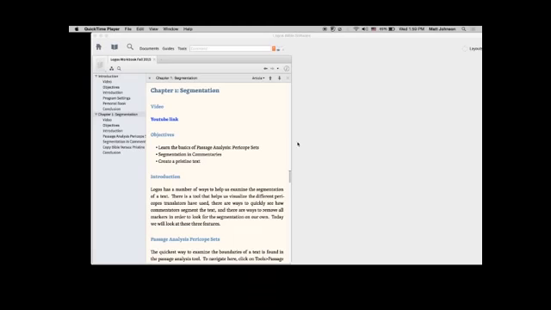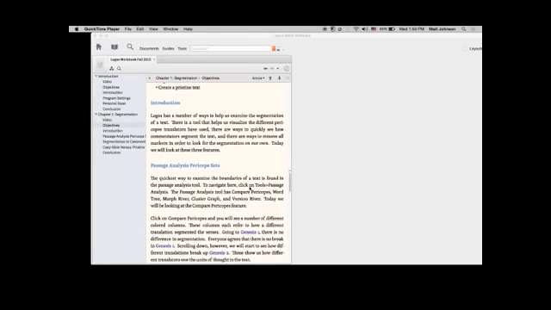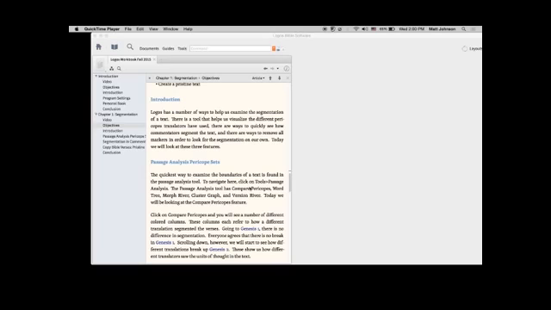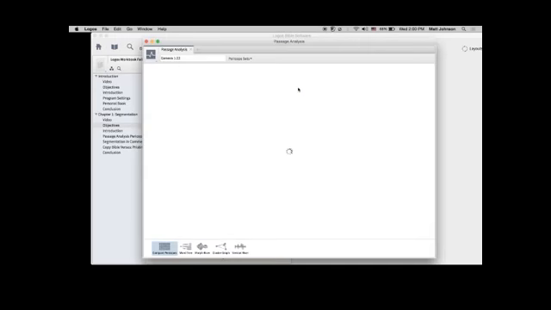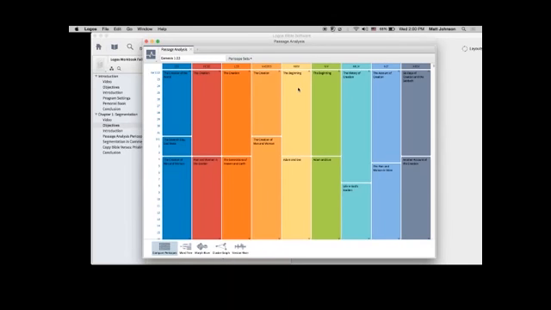The quickest way to examine the boundaries of a text is found in the Passage Analysis tool. So to get to that tool, I'm going to click on Tools. Then under Passage, it's Passage Analysis. When this tool opens, you'll see it opens right away to the Compare Pericopes, but there's also Word Tree, Morph